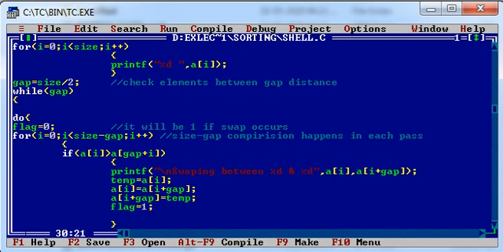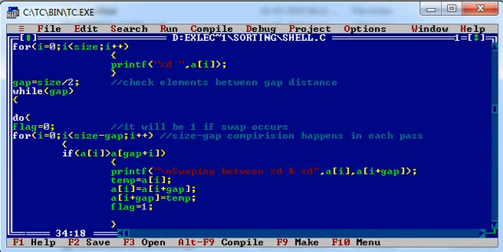It means size minus gap comparisons happen in each pass. So I am checking whether the element stored at ith position is greater than the element stored at gap plus ith position. If this condition is true, then what I will do? I will swap them with each other.